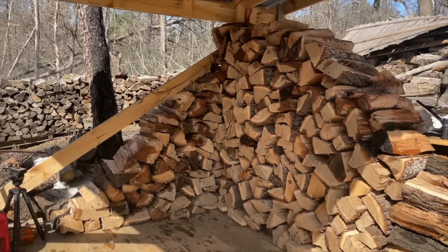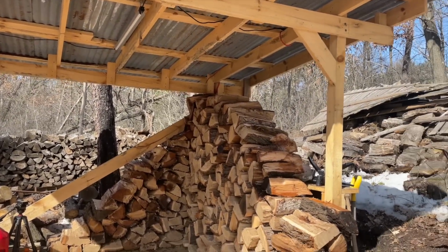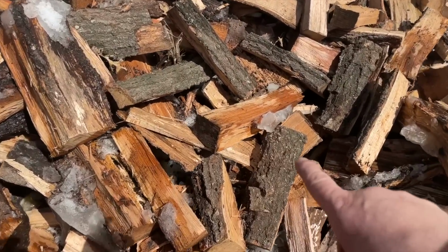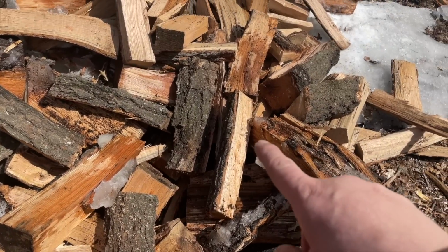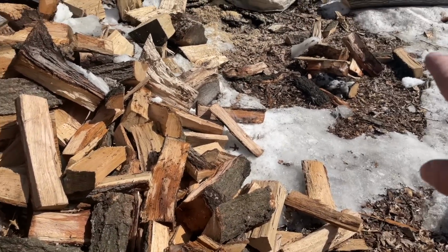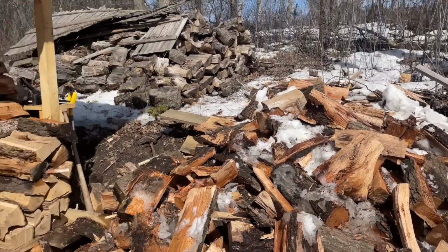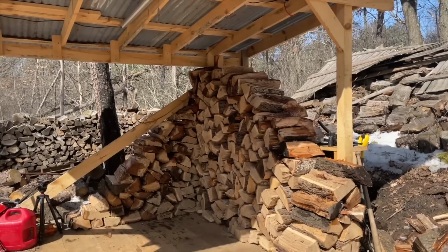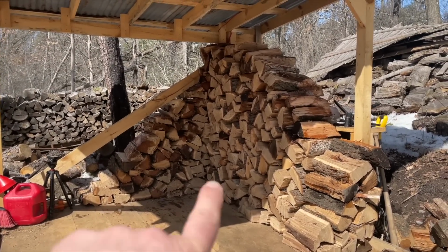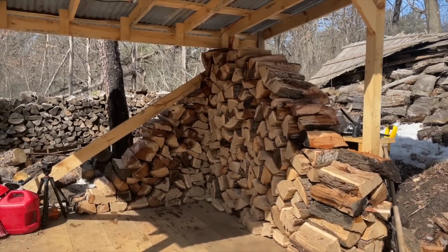But I think this little shelter is going to end up actually holding a lot of wood. Some of this pile is smaller stuff for bundles, roadside stand, and selling. So some of that I got to separate out. But the rest of this big stuff, I think this whole pile that was here is going to easily fit inside there and probably only take up maybe 2 rows. Well, the row in the back, of course, some of that, and then some of the front. But yeah, I think it's going to hold a lot of wood,